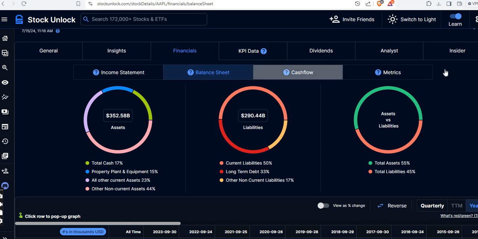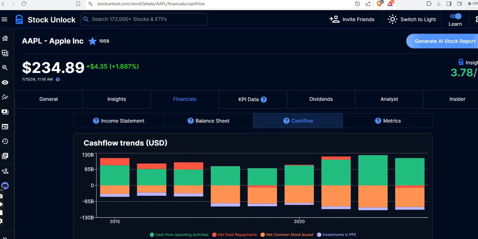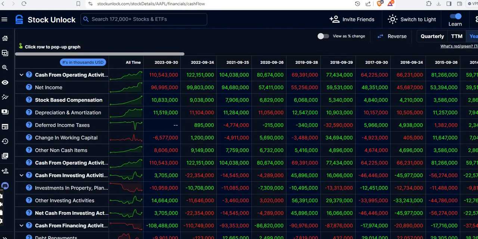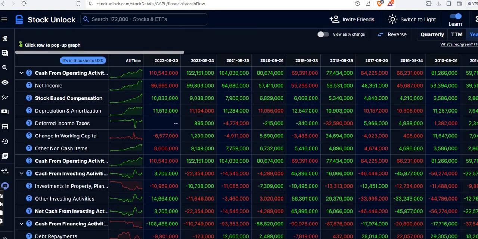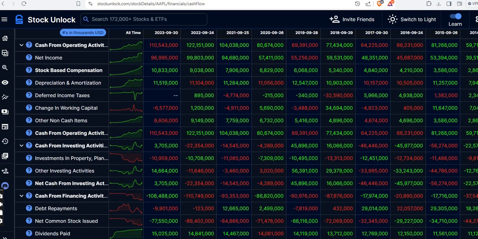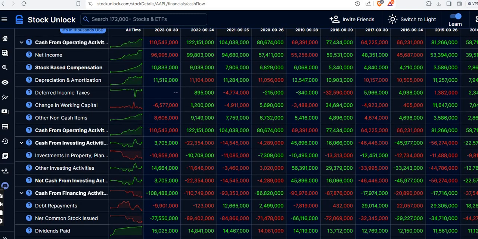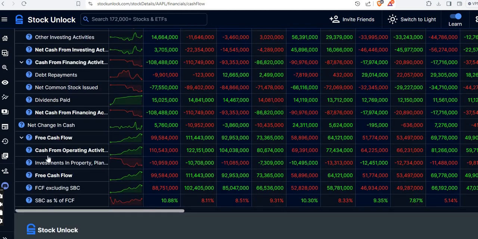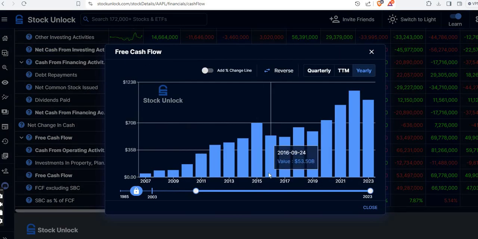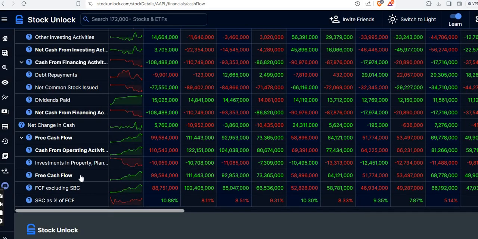Cash flow, again, another important metric here, because good companies are companies that grow cash flows over time. So when it comes to a lot of these numbers, you want these numbers to be growing over time. Free cash flow for most traditional stocks is probably your holy grail. This is the number you want to be growing the most. Although ideally you're going to want to break it down by free cash flow per share, or even free cash